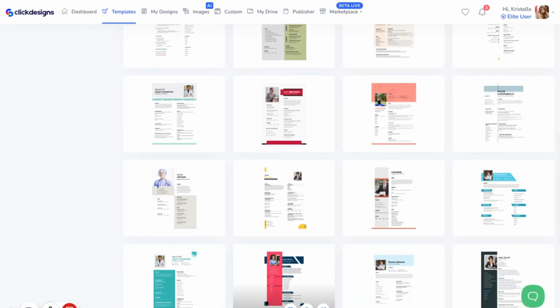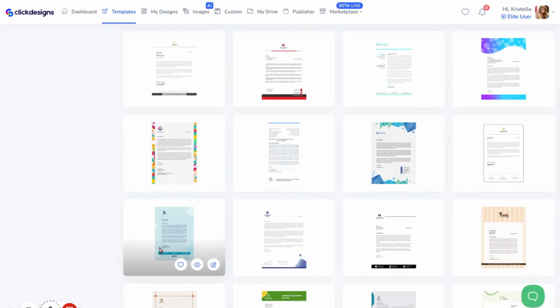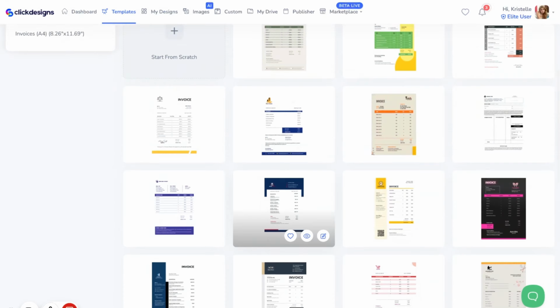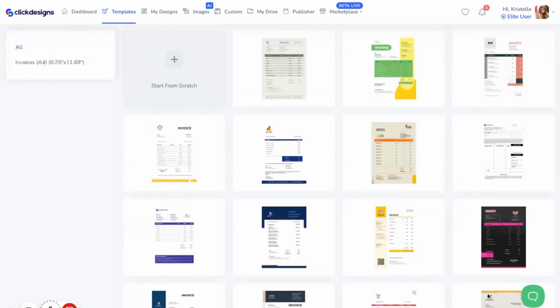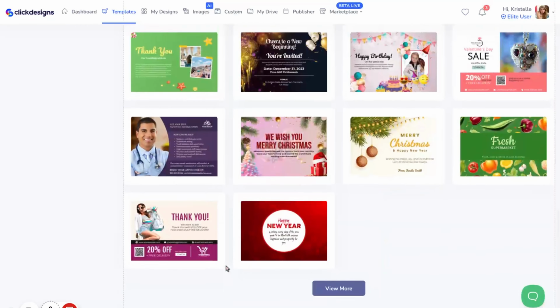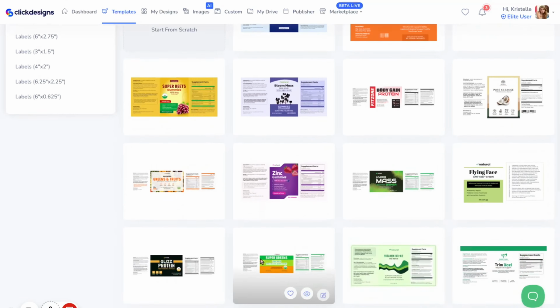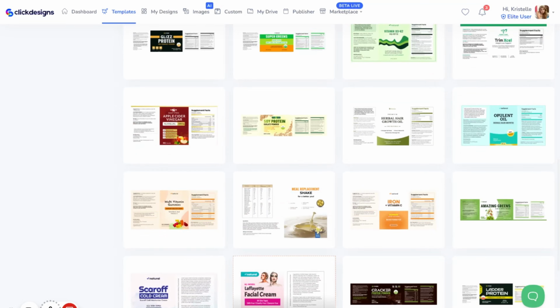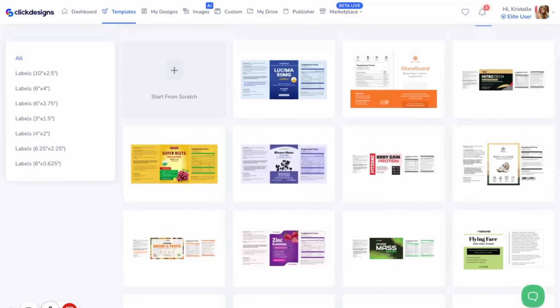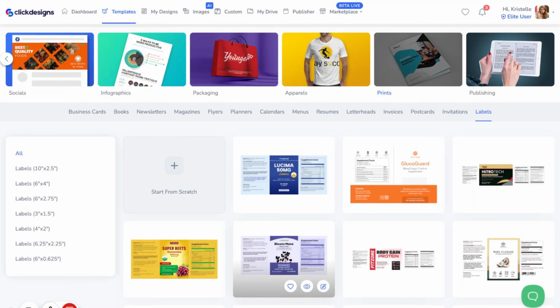There's a section for resumes, a section for letterheads, templates for invoices. We have postcard templates and invitation templates. And finally, we have templates for labels. So as you can see, there are tons of different genres and subcategories of print templates to choose from here,